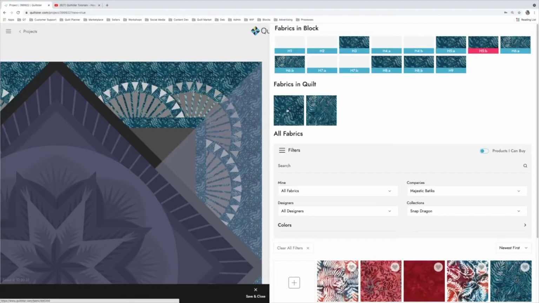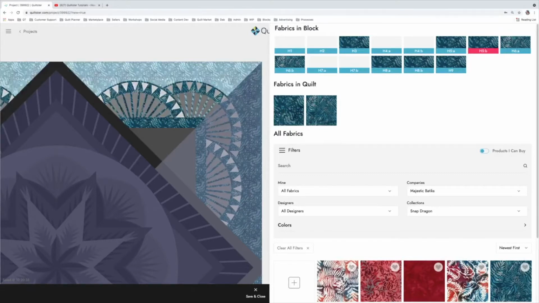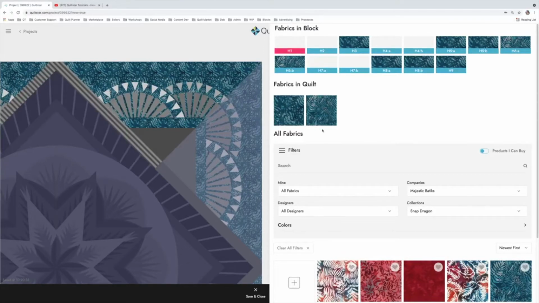It's something that I like to do when I'm coloring. Everybody does it differently when they're planning their quilts, but for me, it's easier to visualize when I lay down a base color, and then I can go back and make changes as I see fit. That is not how everybody does it. That is just how I do it. So I'm gonna start by making this deep teal turquoise color my base fabric